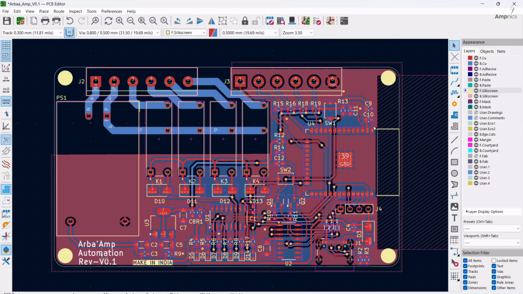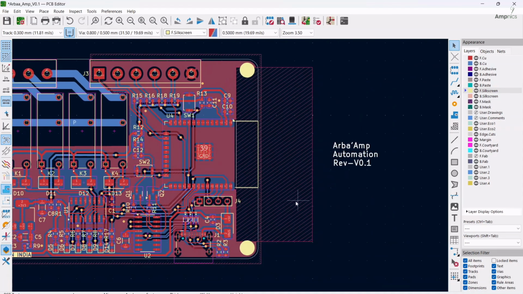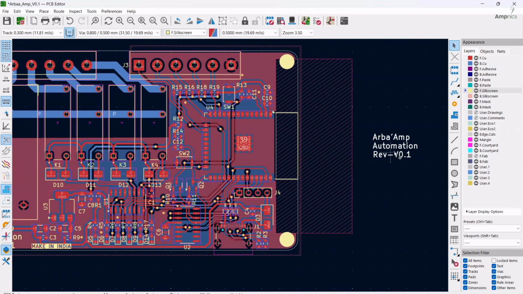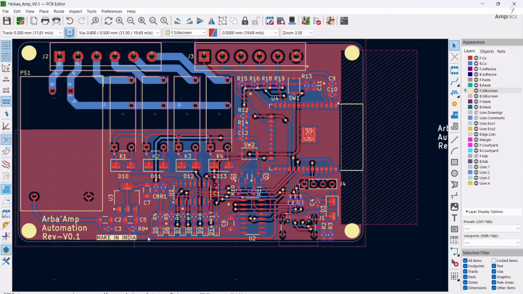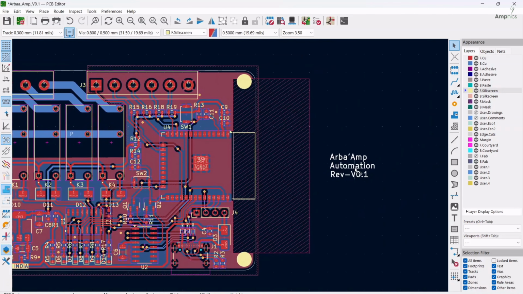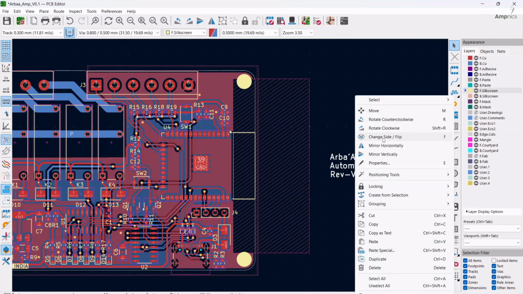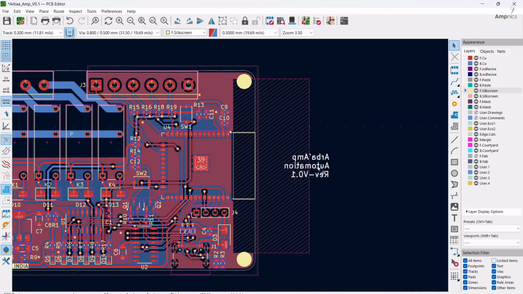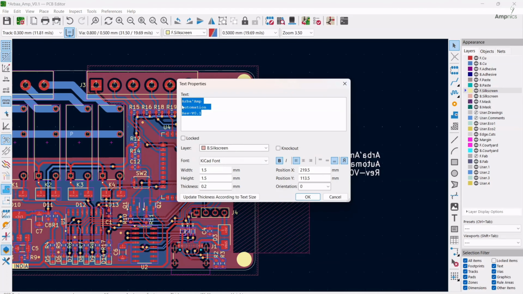Okay, I will make a duplicate of this text. So for duplicating this, Control plus D. Okay, I will keep it here. What if you want to put this text on the bottom side? This is on the front side, but what if you want to keep this text on the bottom side? You have to click this, right click, and then just change side or flip. Okay, and then move it here, and we will add a few more texts here, or we'll arrange it,